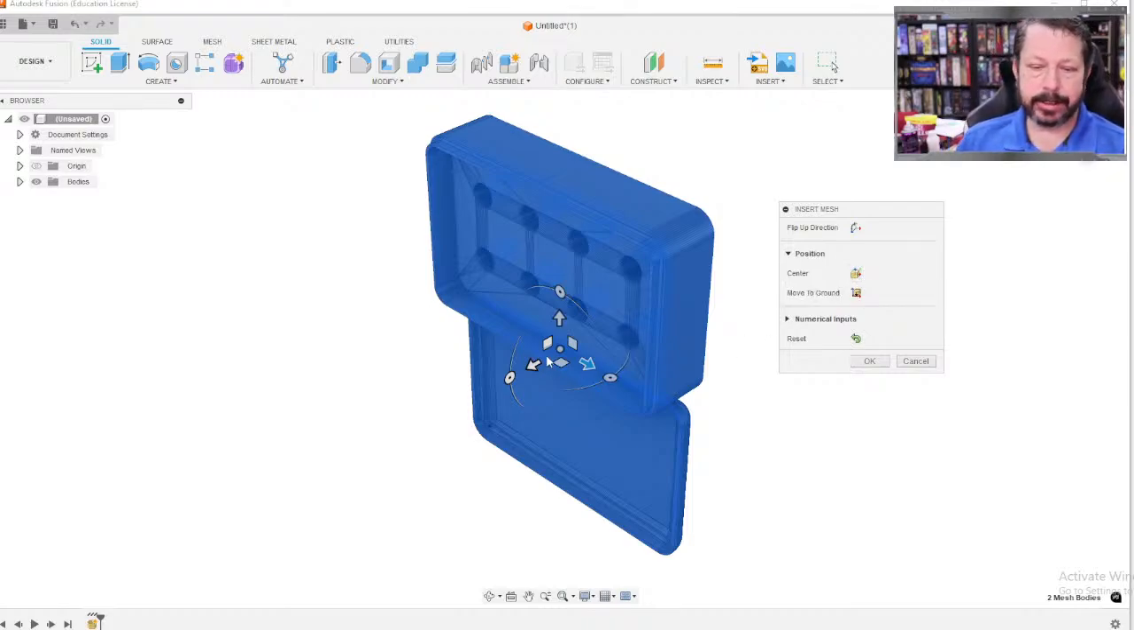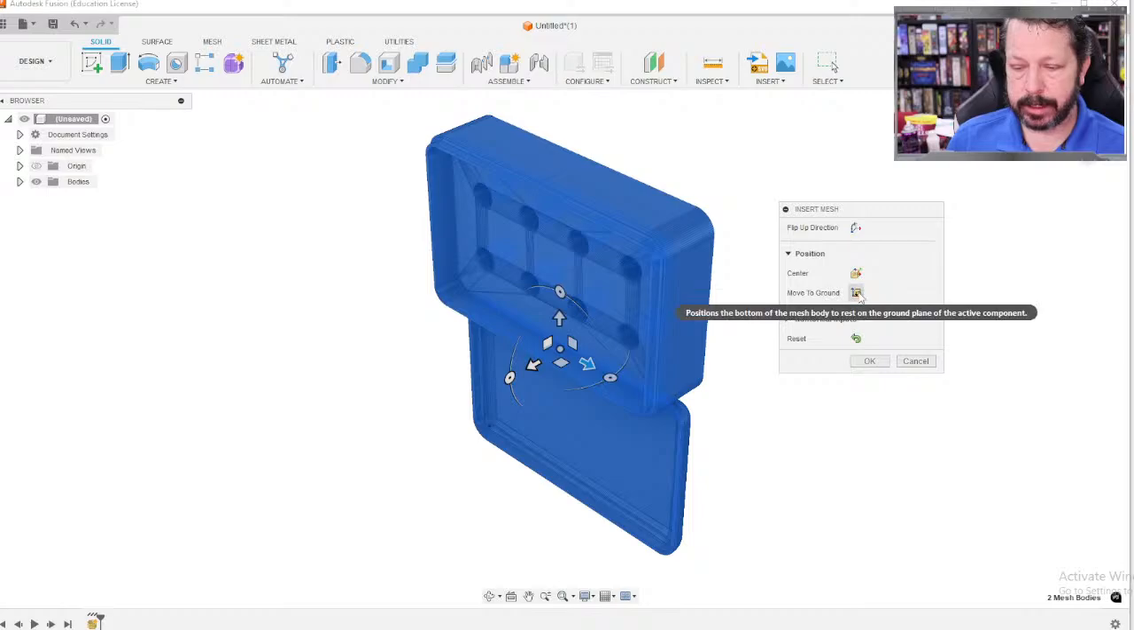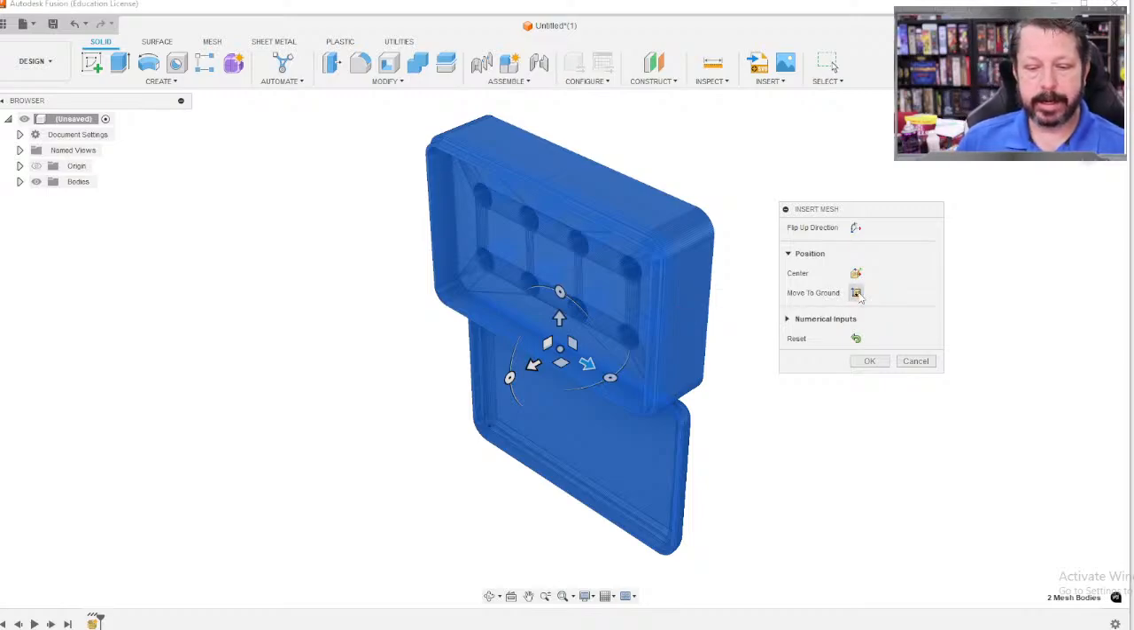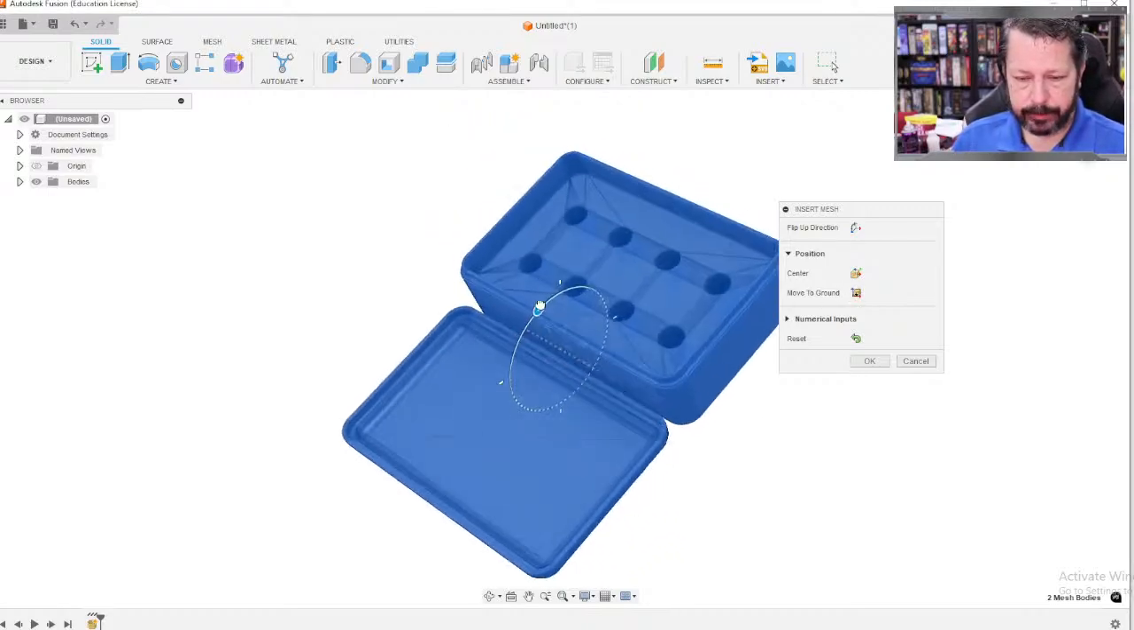This one is centered. Now this one, we created in this software, so it's going to already be scaled and everything correctly. But it could be that whoever made your model that you're working on, they made its origin somewhere totally different. So it's usually best to center and then move to ground so that your workspace is centered with your origin. And then I'm going to flip it around